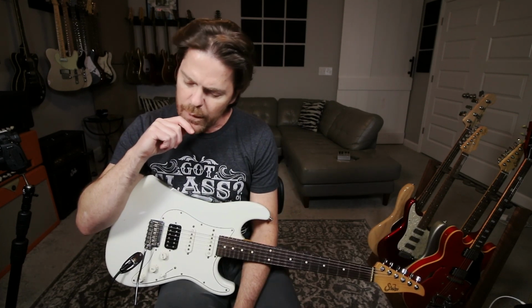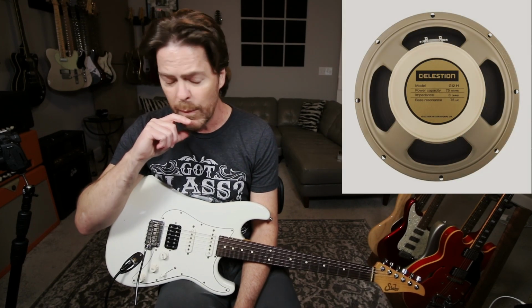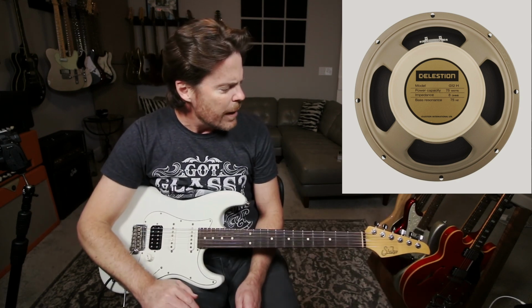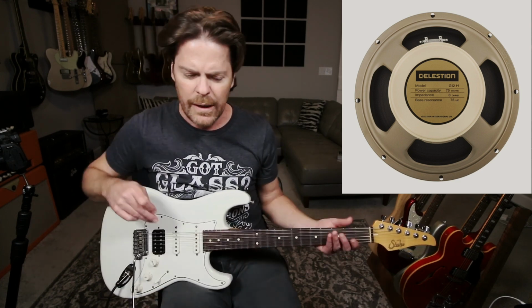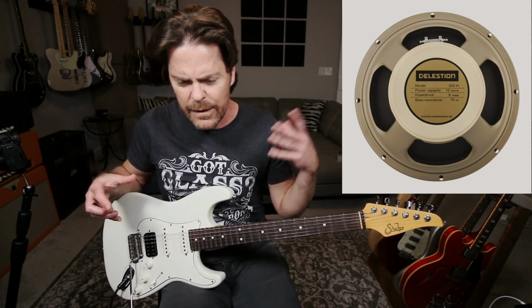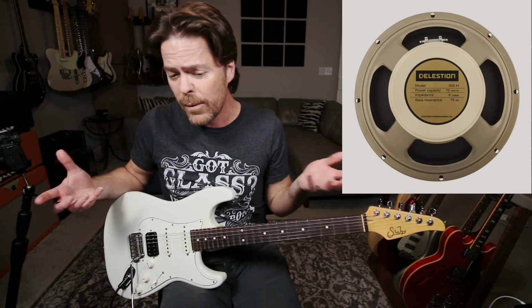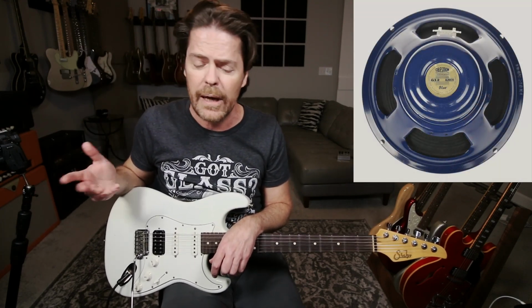Honestly, another speaker that I really like is the Creamback for sure. As a matter of fact, I have one in this cabinet here. I would say that's the only other speaker I would gravitate towards when it comes to my favorite Celly speakers. It's a different sound, a different top end. It's definitely more of a high-powered speaker. I think that's what I was figuring out: I wasn't as into lower wattage speakers because they would compress too much. Now that being said, the Alnico series speakers, like a 15-watt Alnico Blue, can be absolutely brilliant